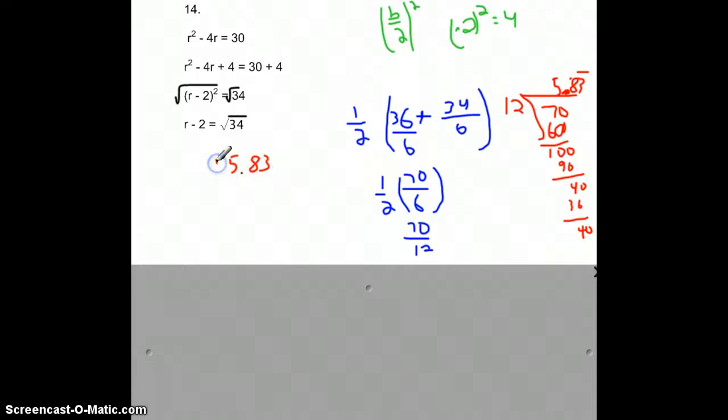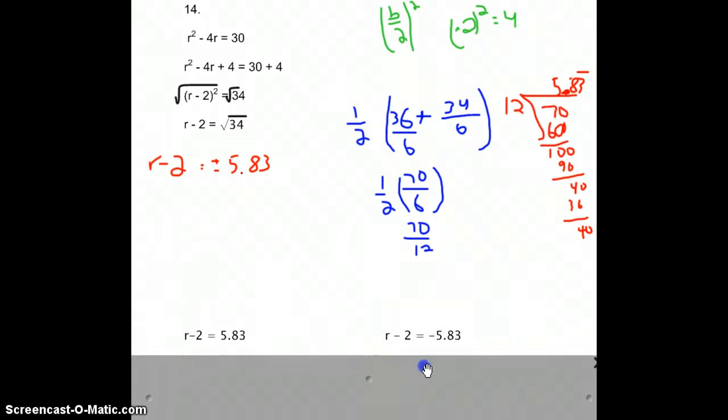All right, and that's, again, plus or minus. And on the left side, we still have our r minus 2. Okay, so take Heron's, that's what you should end up with. Hopefully you guys worked that out. You guys did well on those practice problems in class. All right, so